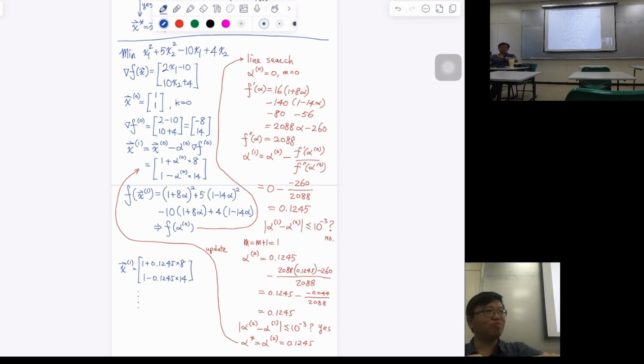But later on, when I do programming, you will see it's very ineffective. The iteration procedure is very ineffective. It's doing a lot of zigzagging, like snakes. So if you have no idea where the solution is, and you are doing this kind of zigzagging search, obviously it's not effective. So next week, when we introduce conjugate gradient, it's also a method that doesn't require the Hessian,